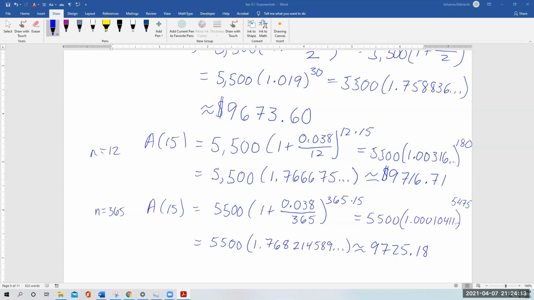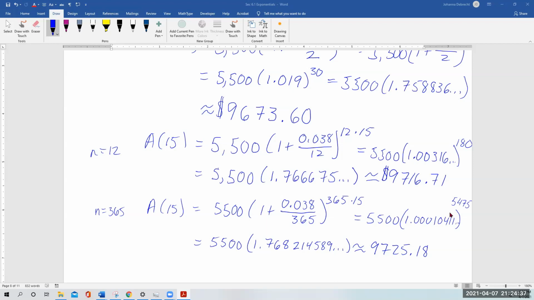Here's the work that I did to get my answer. This time I went ahead and wrote down what 365 times 15 was so that I would be prepared to do the power after I got this into the calculator. And then I could raise it to the 5475 power. When I was done, I had